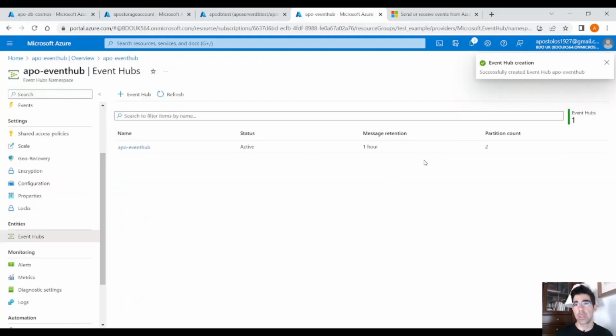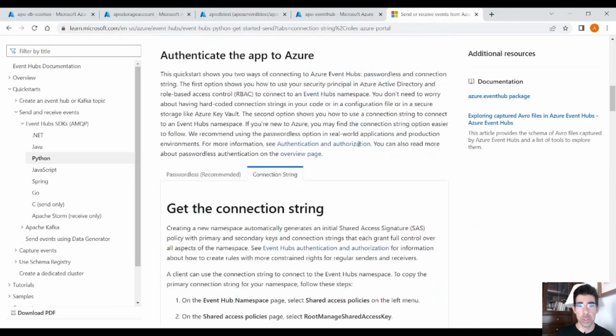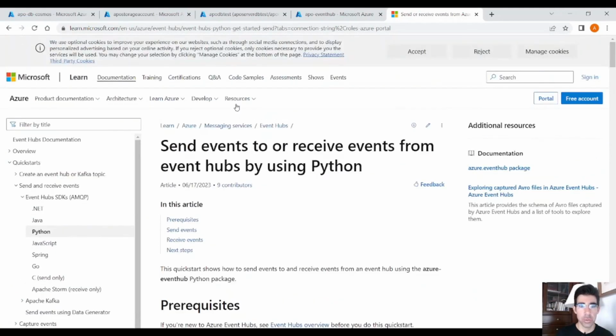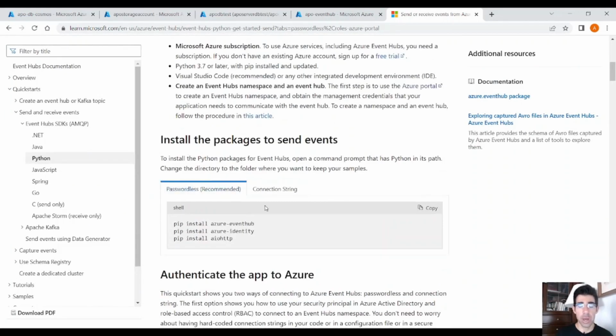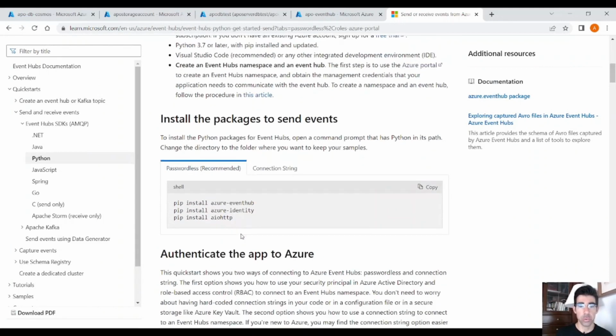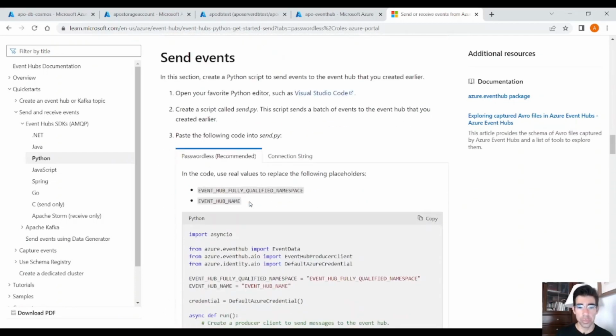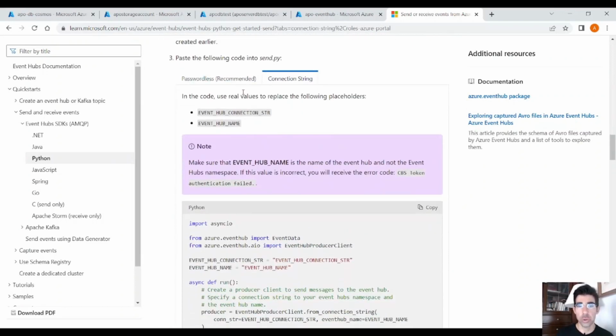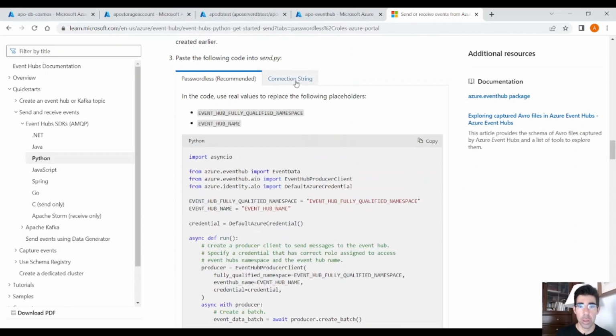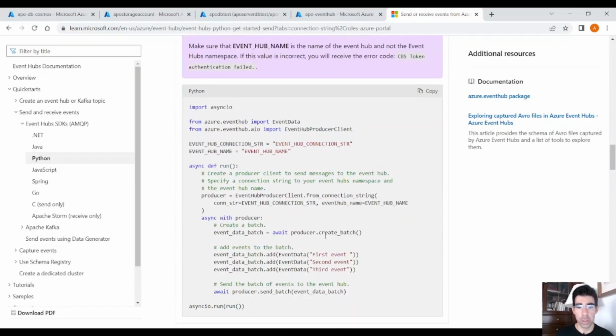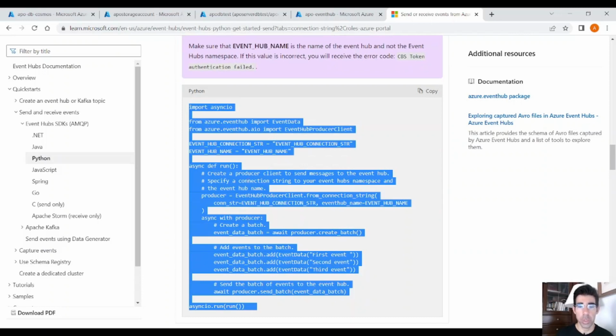It's very easy to send data from your local environment, from your Python application, by using this code here. So if you search for how to send events using Python, you have to install these libraries here with pip install Azure EventHub libraries, Azure identity, and all these kind of things. And then if you scroll down and click on the connection string, you can use this version. You can also use the connection string version. I used this one. So just copy the code from here, paste it on your VS Code, and let me